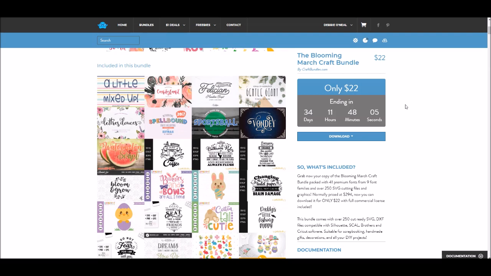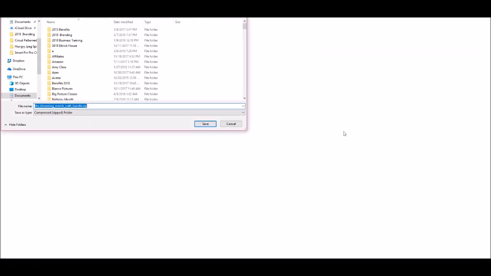So what's going to happen is you'll make your purchase, and then you'll see that it says download, okay? So I'm going to click download. And now it's taken that bundle that I purchased and it's put it into this one that says the Blooming March Craft Bundle, and it's a .zip file, okay? That means it took all of those images that we just looked through and it's put it in one folder, all right? So it's compressed it all into one folder,